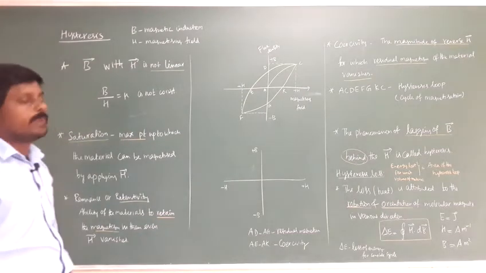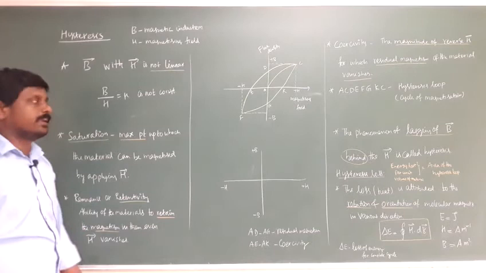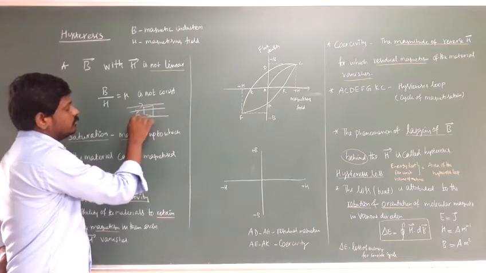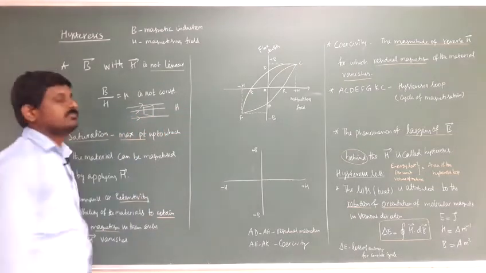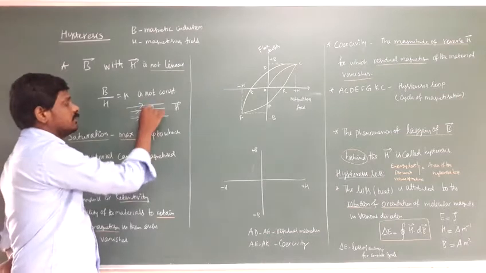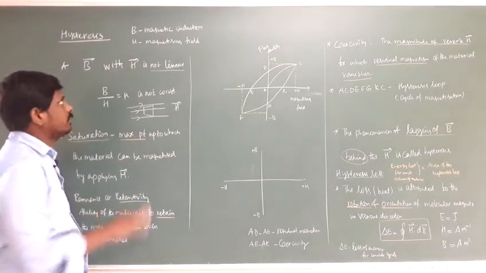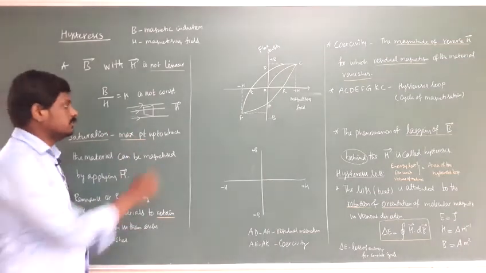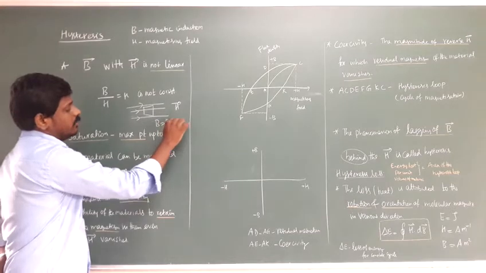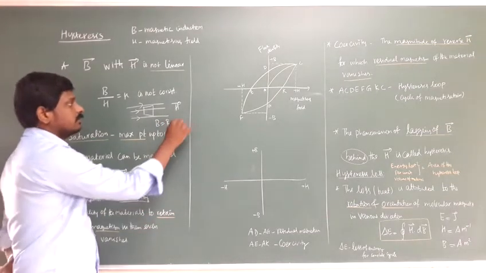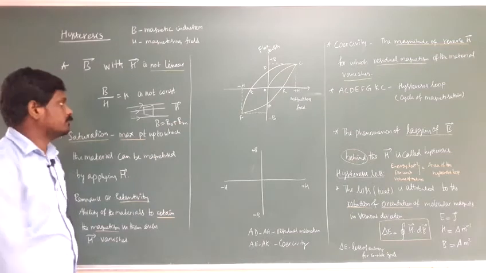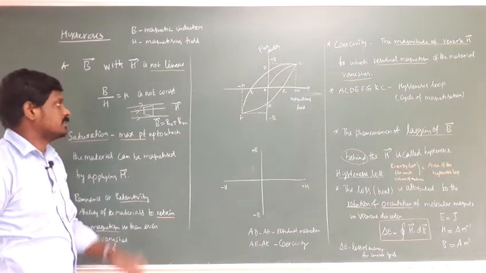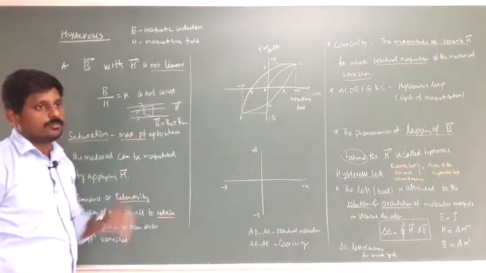Consider a ferromagnetic material placed in a uniform magnetic field. That uniform magnetic field is the magnetizing field. Due to the field, the material becomes magnetized, so it becomes a magnet. That means the magnetic induction B is equal to the sum of the magnetic field produced due to the vacuum and the magnetic field due to the medium. We have studied these things in previous classes, but for ferromagnetic material